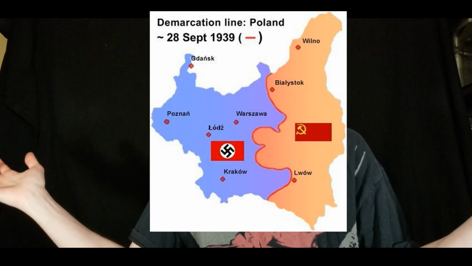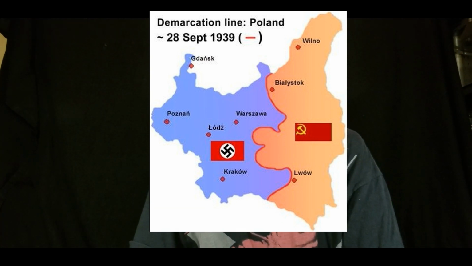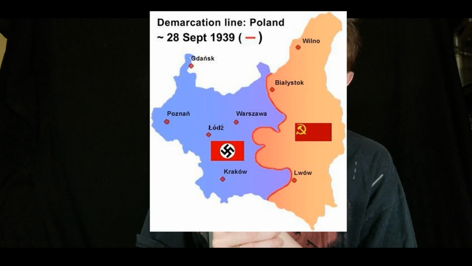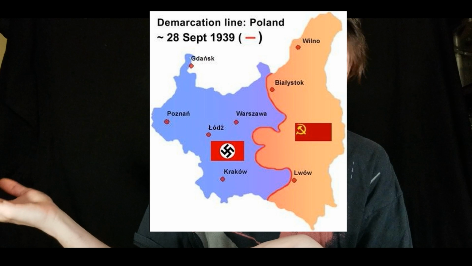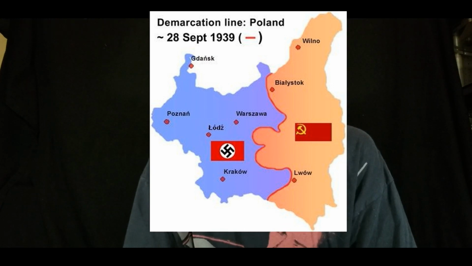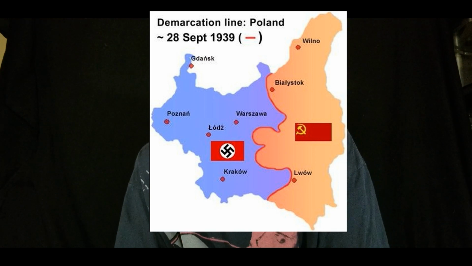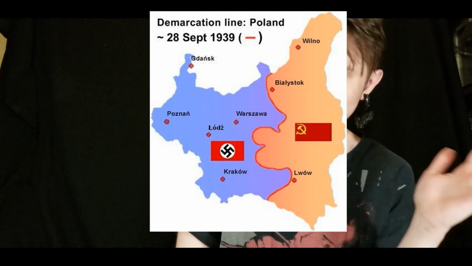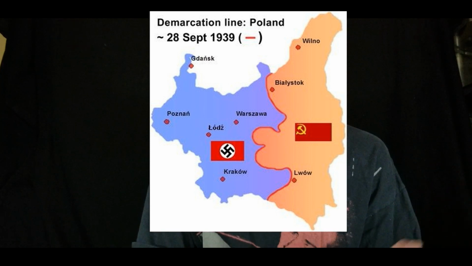So, this is about the divide of Poland. Poland was divided by Hitler's Nazi party and the Communist Party in a really most interesting way. So, I'd like to show this graph for you. Well, really, it's a map of how Poland was divided. I forget if this is a mirror image or not, because sometimes I say left and it goes to your right, and if I go right, it goes to your left. From my perspective, though, the lower image, the image on the right, would be considered Poland A, and the image on the left would be considered Poland B. Yeah, so